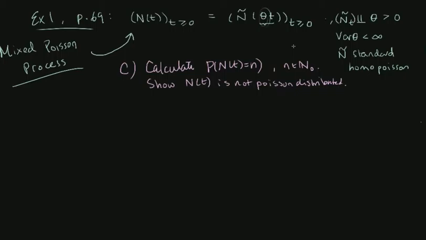And we kind of cheat a little bit because we look in the book. If you take the book, chapter 2-3 on mixed Poisson processes, and you look at page 68, equation 2.349, it tells you that the variance of N(t) is greater than the mean of N(t). And this is also what we call over-dispersion.